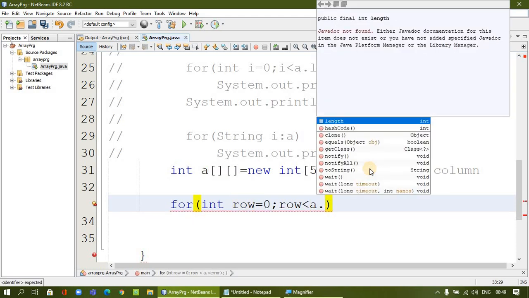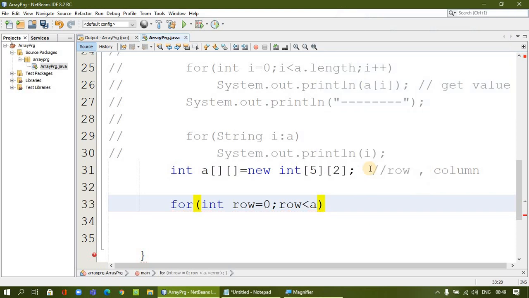So either you can use the length, or you can specify the number directly. What is the number of rows? So both ways we can use. Column will be set by the length, no? Length will specify the column, no? So row cannot be identified by length. So we have to say up to 5. Column can be identified by length, the number of columns, but row cannot be identified. So we have to specify